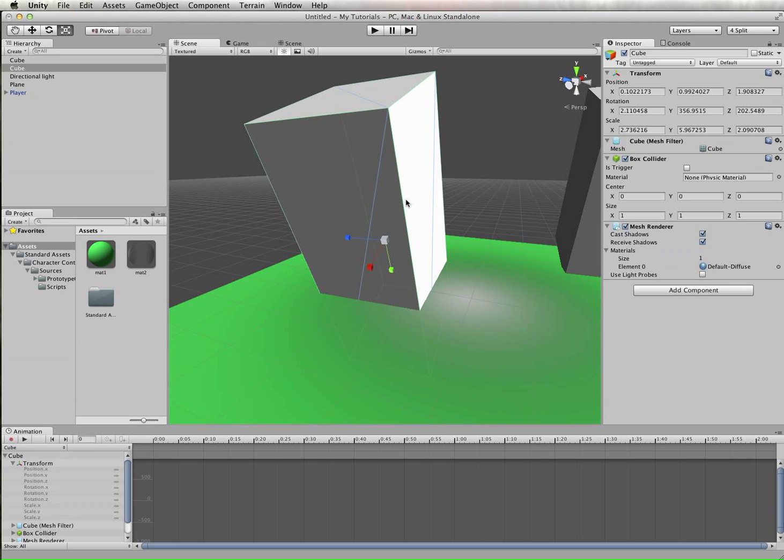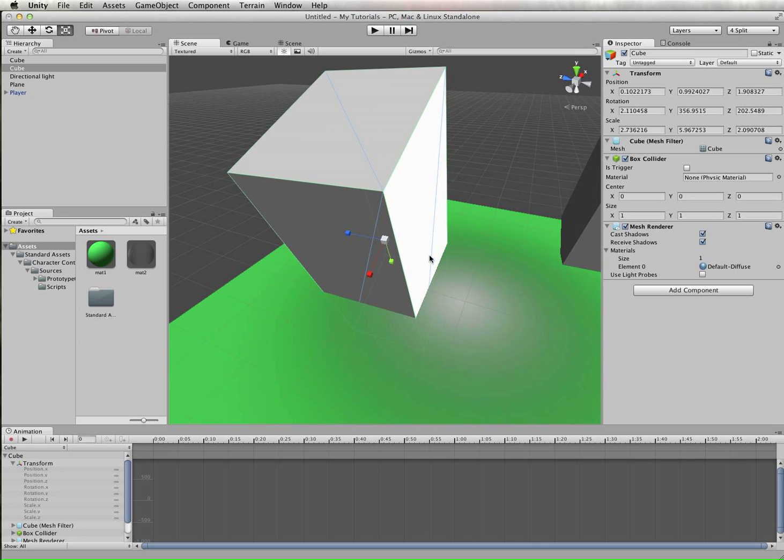Simply hold the shift button. You see small boxes appear on the four sides, and you can just resize. So if I just make it smaller,